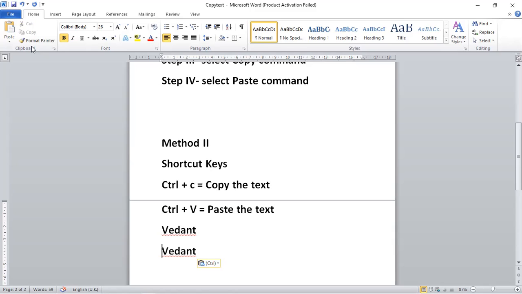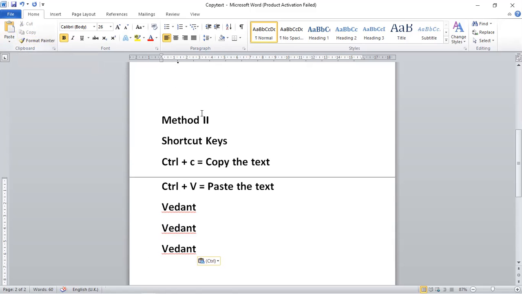A simple method: use the clipboard, home tab, copy. Select the word, copy it, and then again, in the next line or any words you can select, replace it. You can see you have replaced the names. Again, press the Ctrl-Z combination key to undo all the last actions. Go to the second method. Okay, this was the first method.